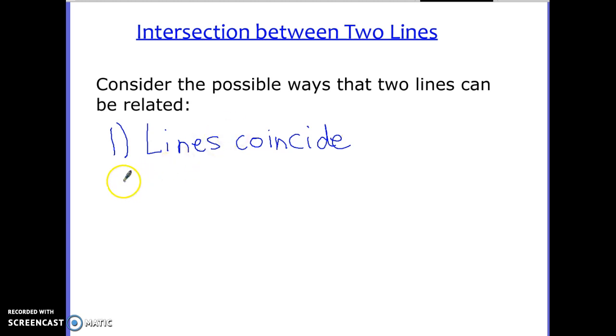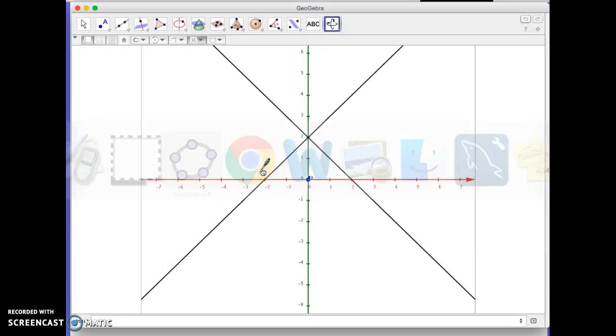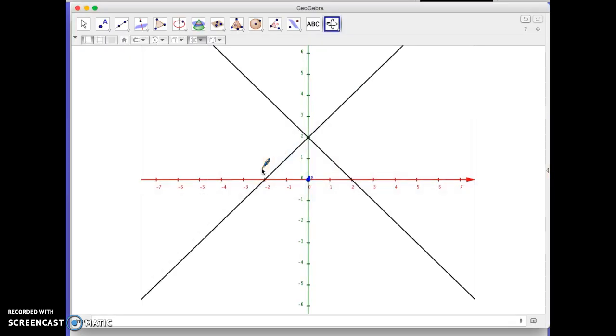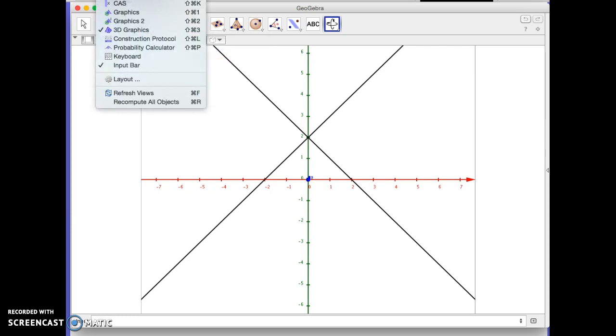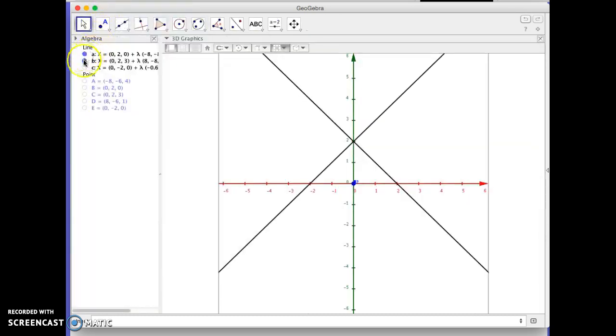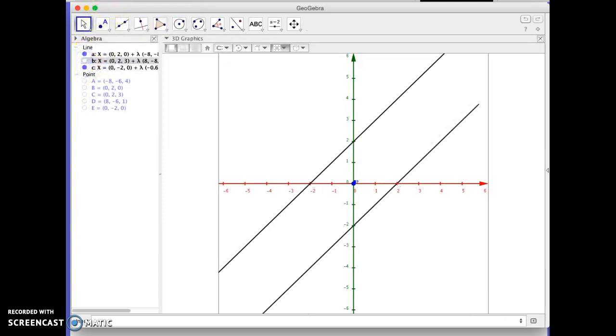But the second way they can be related is that they could be parallel. And we're not just listing these to list them. I want you to be thinking about what these different ways mean for the equations that we're looking at. Here are two intersecting lines. I meant to show you the parallel ones. Let me do that. So here are two parallel lines,